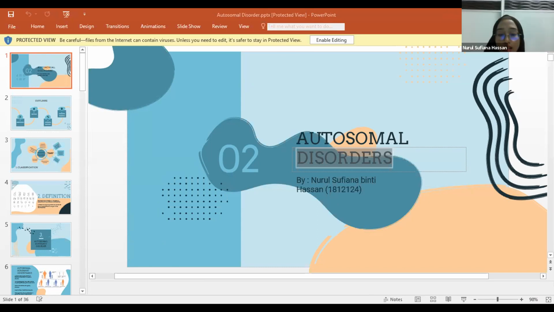Assalamualaikum warahmatullahi wabarakatuh. My name is Nur Sutyana, and now I'm going to talk about the second topic under genetics, which is the autosomal disorder. So here is the outline of my presentation. First, I will talk about the different class